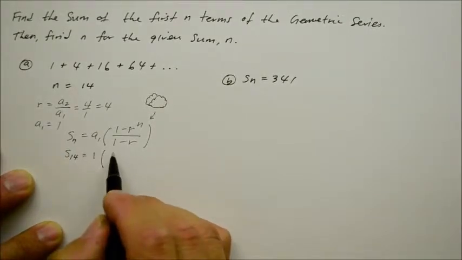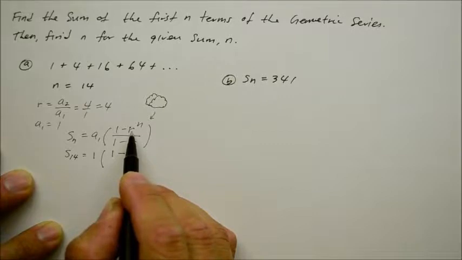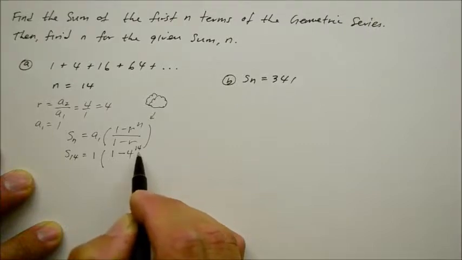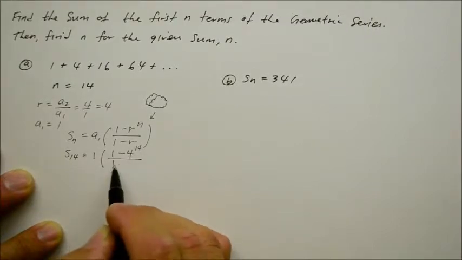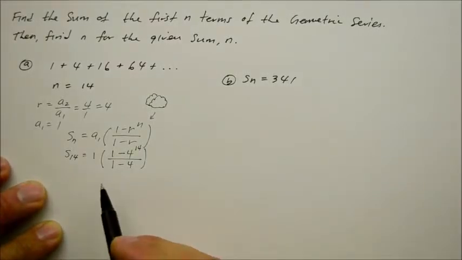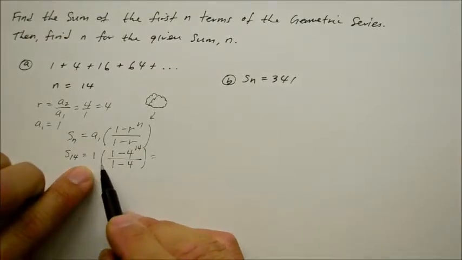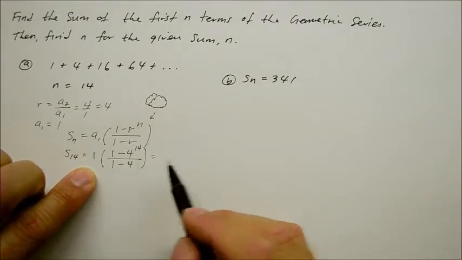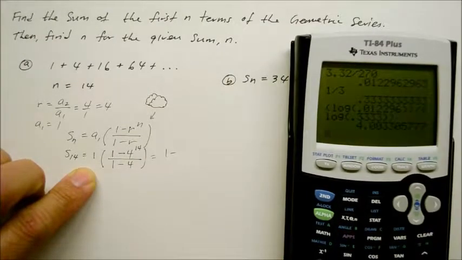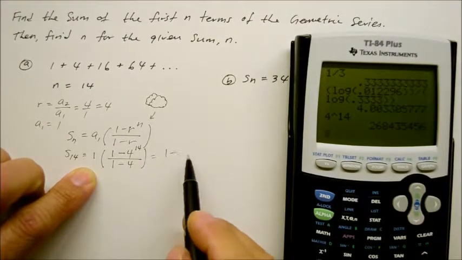That was no biggie. 1 minus the common ratio r is 4 raised to the nth power. And nth is again the 14th term, over 1 minus the common ratio 4. And we start evaluating like crazy. So it's an identity 1, so we don't have to worry about that. So we got 1 minus 4 raised to the 14th power. What is that? 4 raised to the 14th power. I get a huge number again of